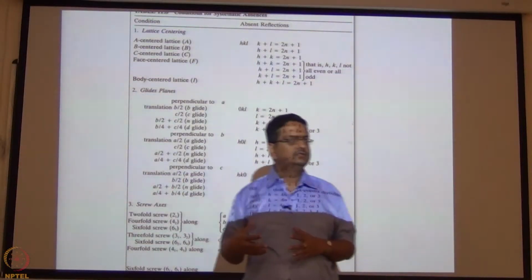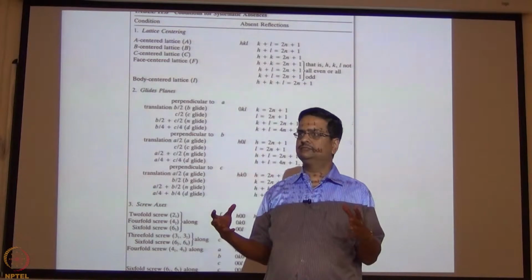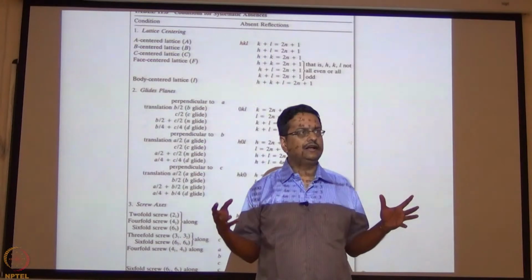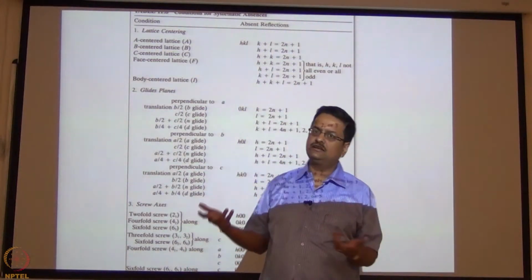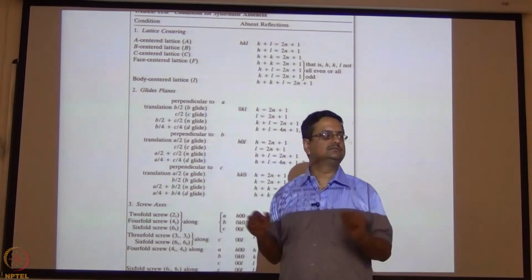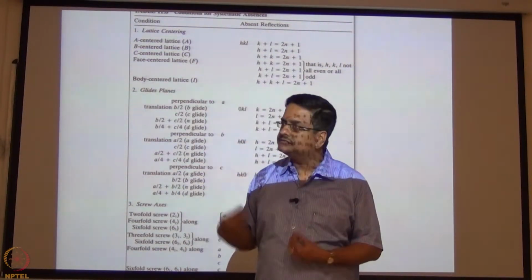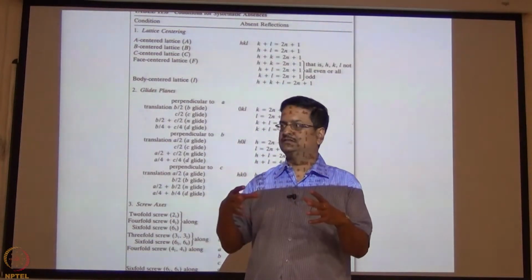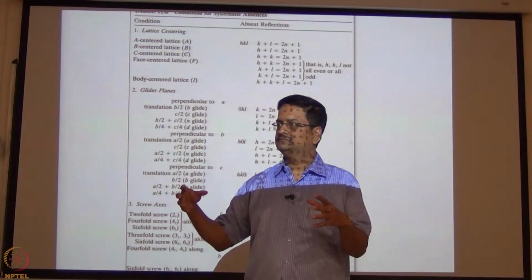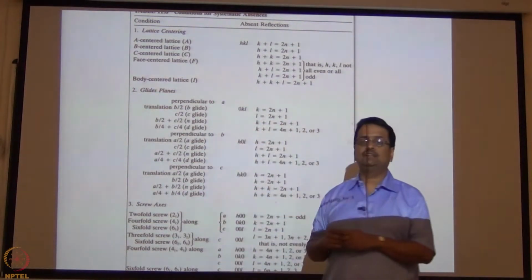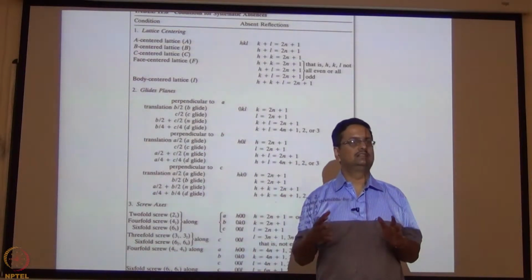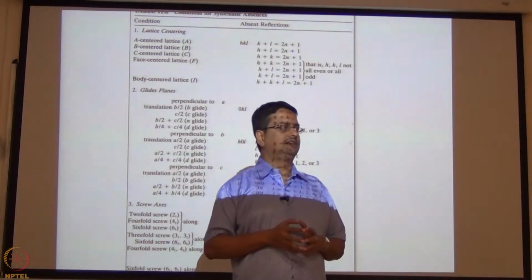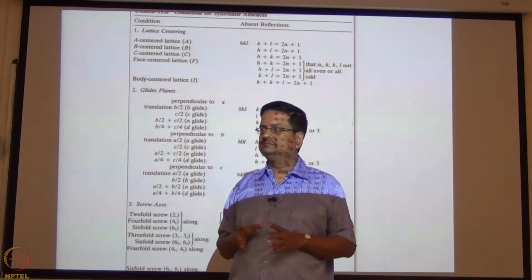With a CCD detector, when you collect some 20-30 images, you get about 100 to 200 reflections, and out of those 200 reflections, maybe about 100 reflections will have general HKL values. Then immediately we have software to look for any systematically absent set of reflections from those HKL sets. So then you will be able to predict whether it is a face-centered lattice or a C-centered lattice or something else. At the beginning we only know whether it is a centered lattice or a primitive lattice. Based on that, we collect data.